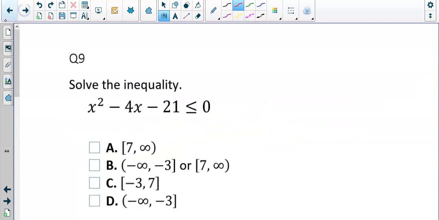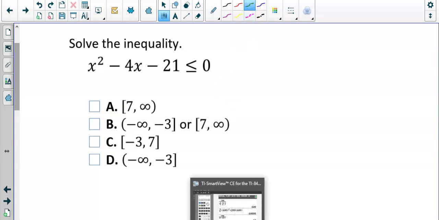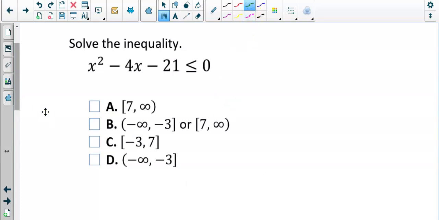All right, question 9 and question 10. So question 9 is going to come from 4.5. Question 10 will come from 8.6. All right, so we want to solve the inequality. So what's the first thing you need to find on this? The x-intercepts, the critical values, which in our case are the x-intercepts, or what we also call solutions, or zeros or roots. Remember, all those mean the same thing. X-intercepts, roots, zeros,